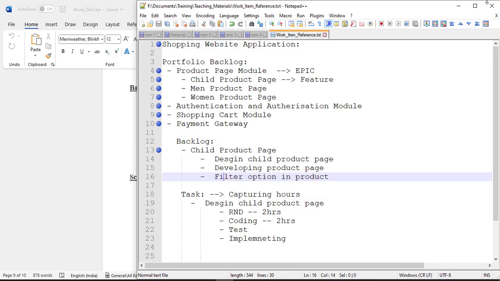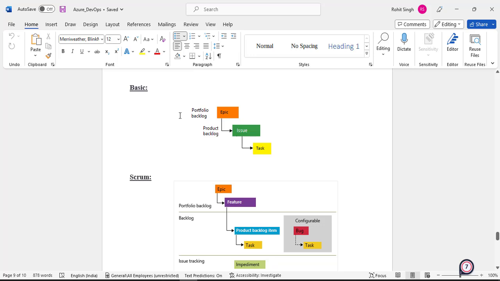Basic is, this process is only for testing, guys. If you have 1 or 2 developers working on a very small and minute project, and you want some kind of work item management done, you can go with Basic. This is not at all recommended for a small scale, mid scale or large scale project, because it doesn't have many options in it. Okay, now let's come back to the other part, Scrum.